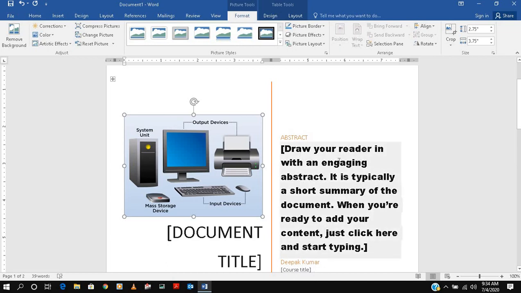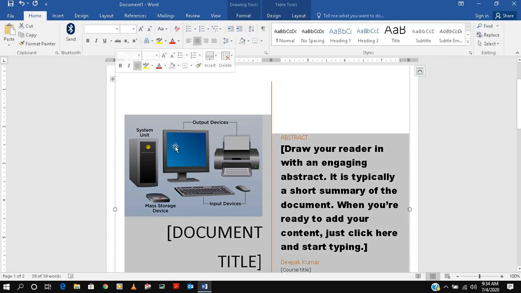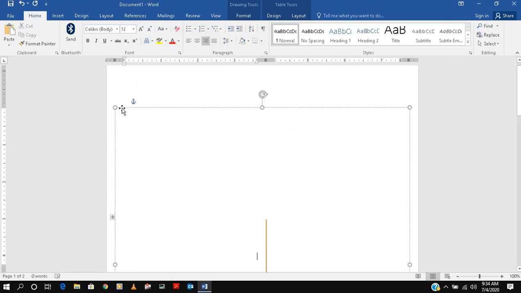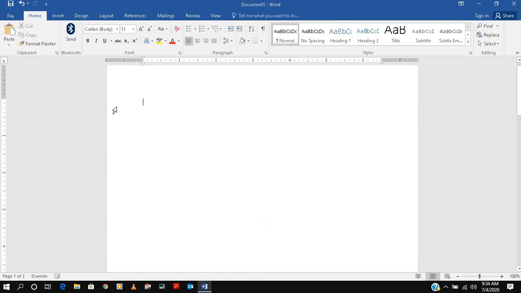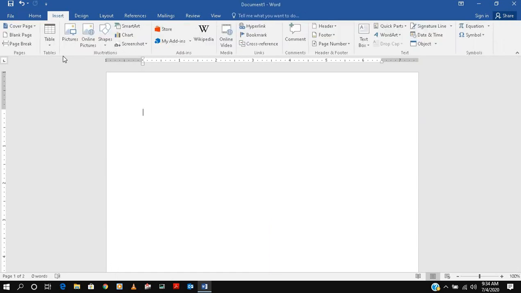Once you select this picture option, earlier we had View, now we have Format, Design and Layout. So with these three we can do a lot of formatting. We'll cover Format, Design and Layout shortly in this video. I hope you understand this. Right now I'm just deleting this, and we'll go into the next thing.